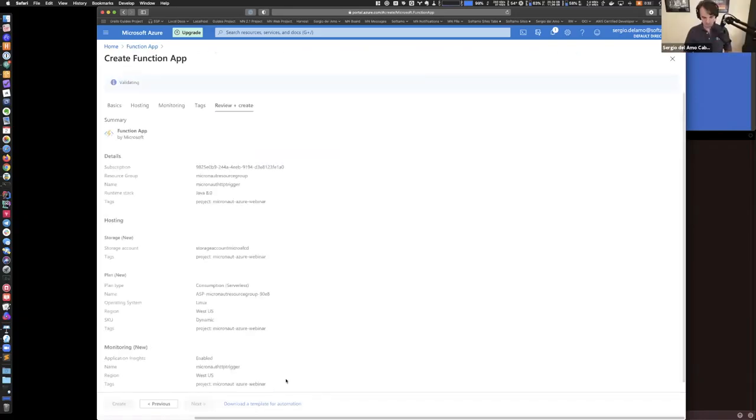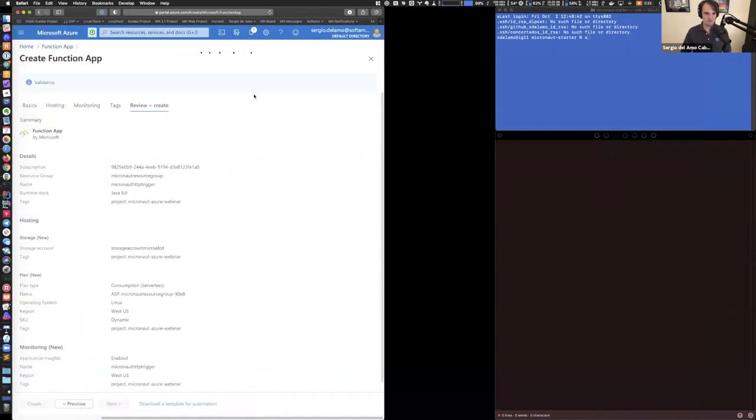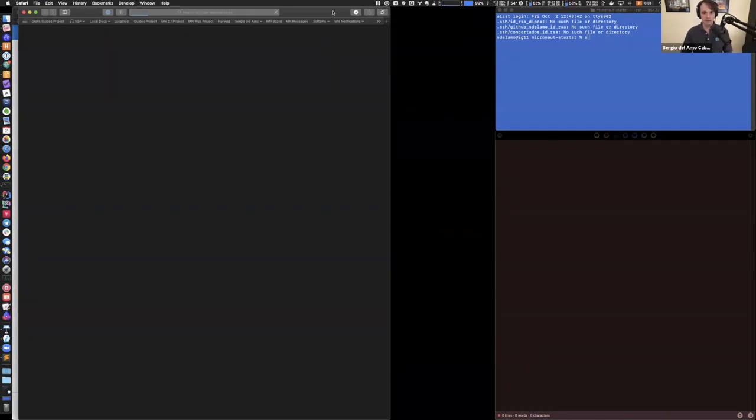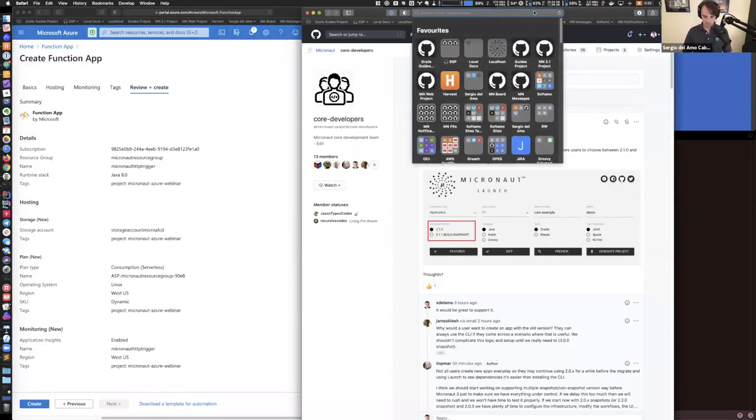So I'm going to leave it. This is creating my function. You see the loading bar here. So in the meanwhile, I'm going to open... So the easiest way to